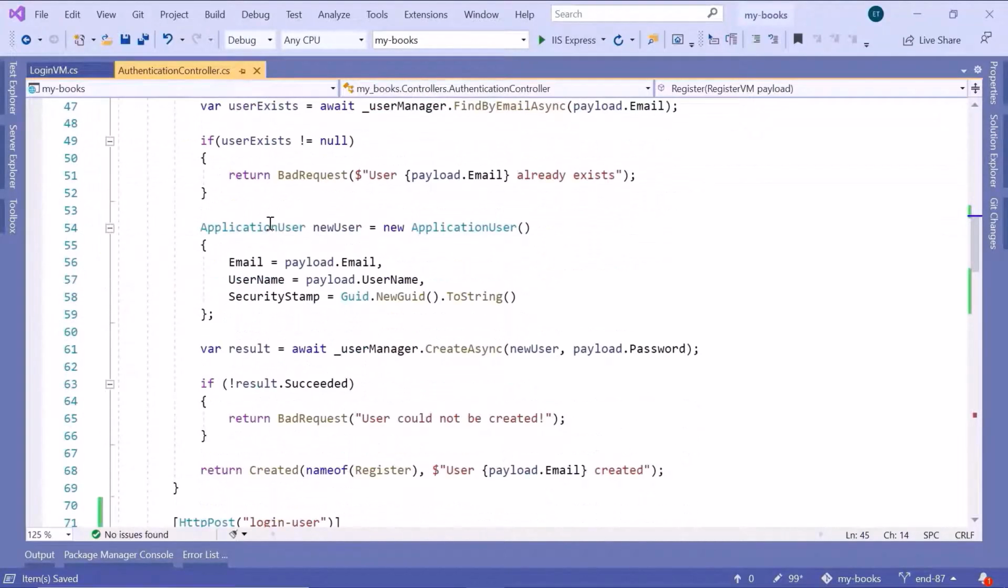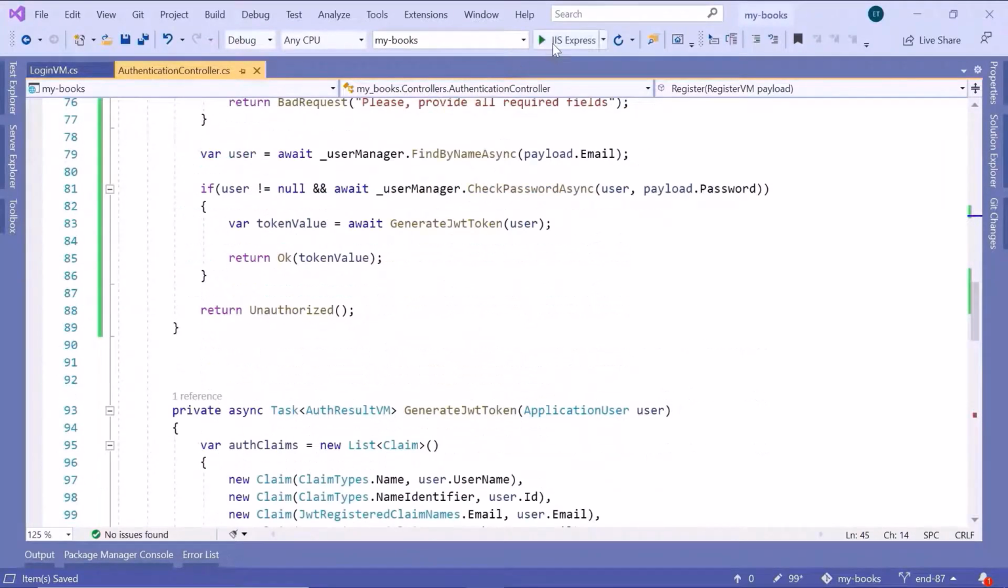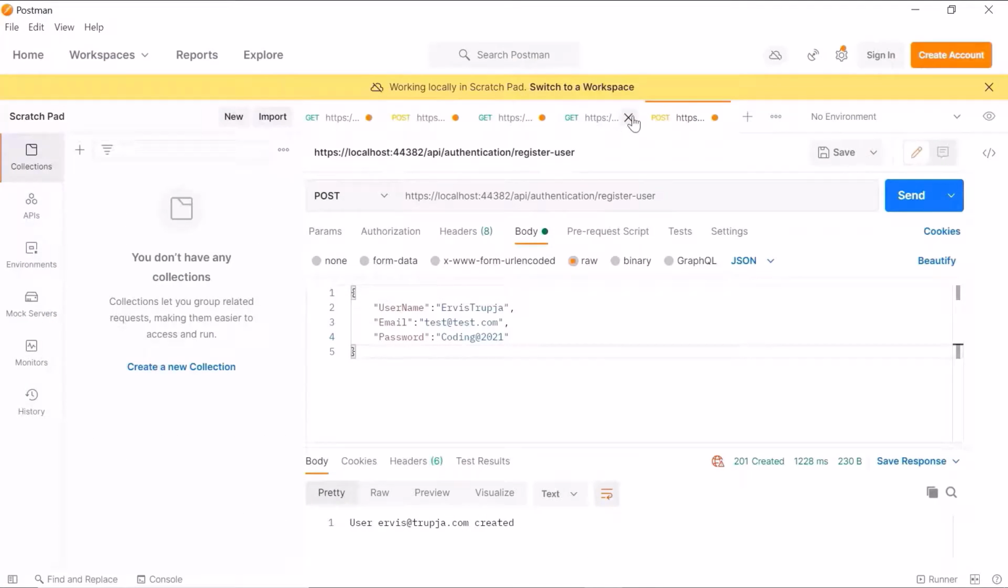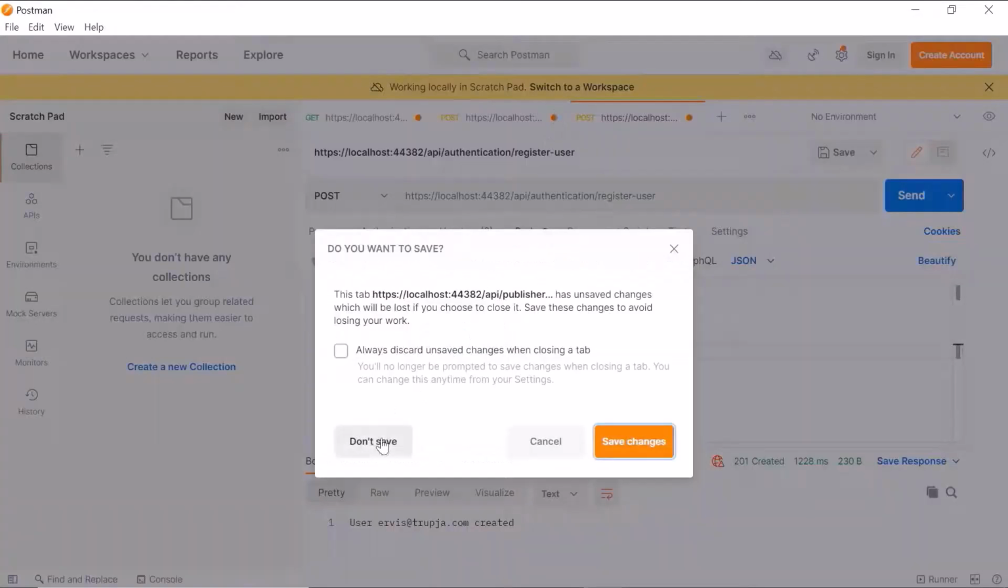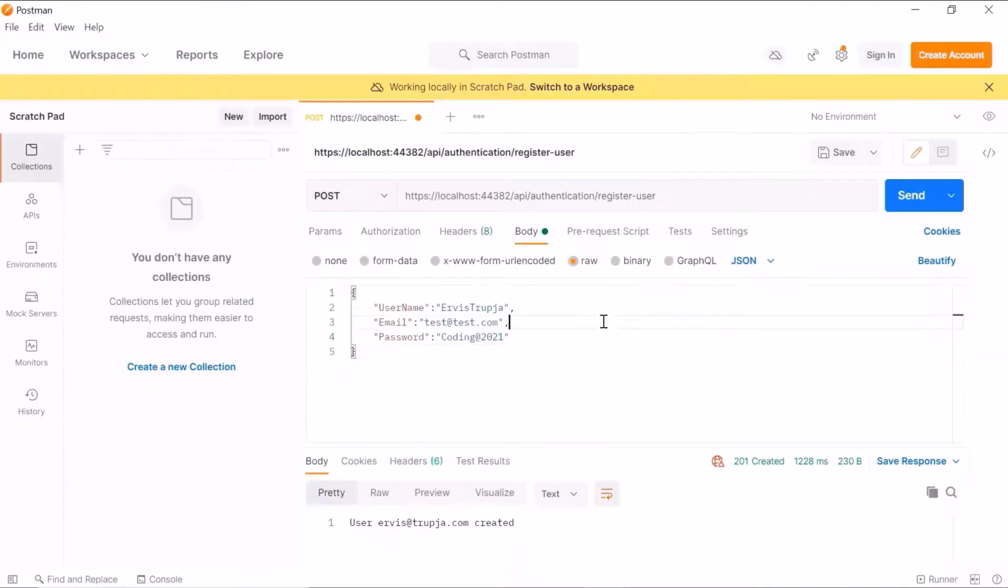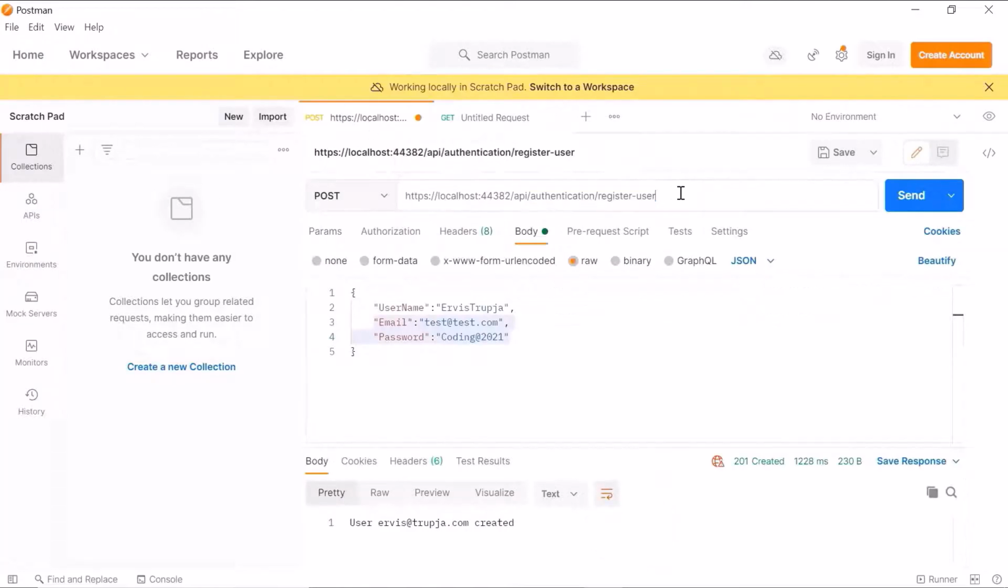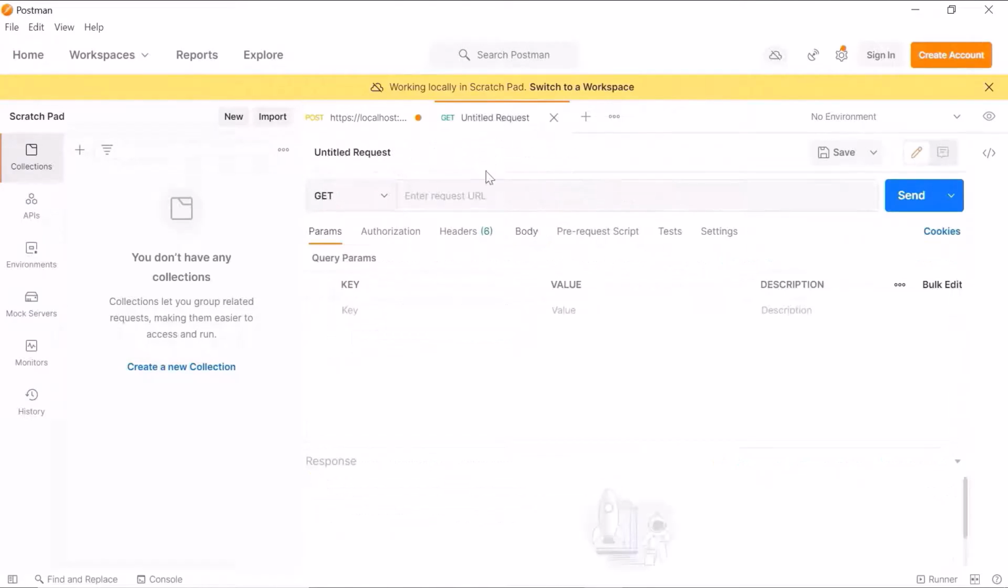So let us save the changes, and now let us just run the application. After the app runs successfully, open Postman, and I'll just close all the other requests. So just don't save. Close this one, and also this one. Now we can either use the existing user or we can just create another user. I'll just use the existing user. So Control C. Then I'll create a new request, and actually I'll just copy this one and just paste it in here. Change the API endpoint to be